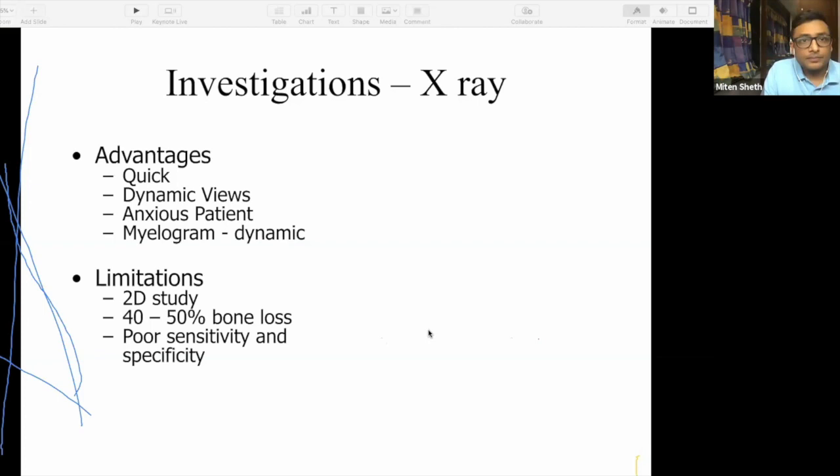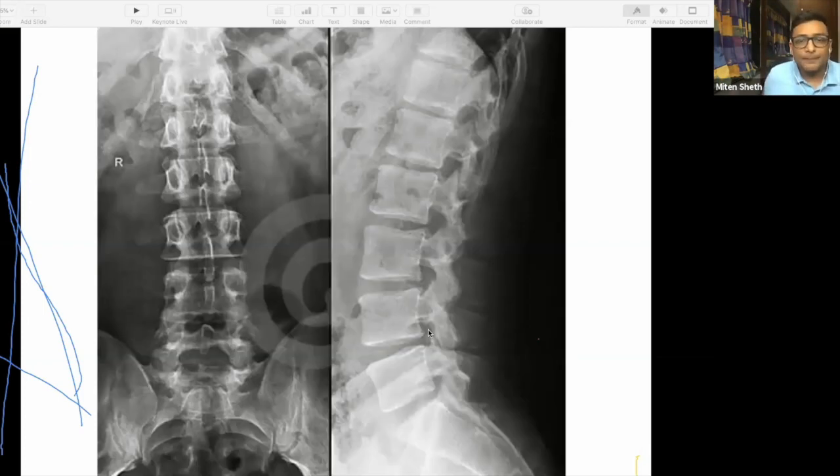So this is typically how your X-ray is going to look. What you have to see on an X-ray is first the AP view and the lateral view. See that your X-ray is covering everything that you want to see. Technically, an ideal X-ray of a lumbosacral spine should show the entire lumbar spine, the entire sacrum, and part of the lower joints, which are the hips and the knees.